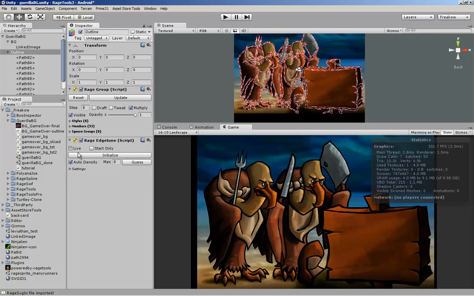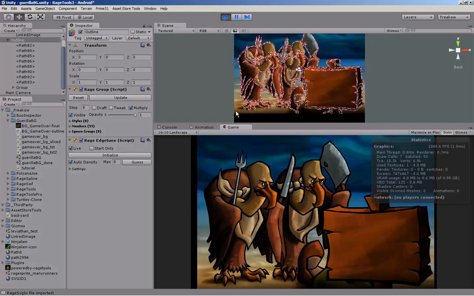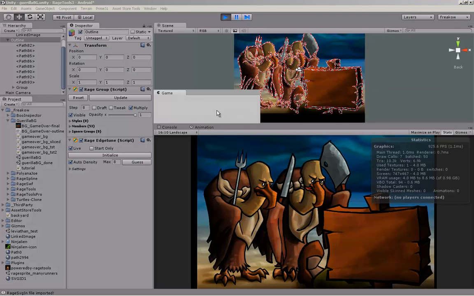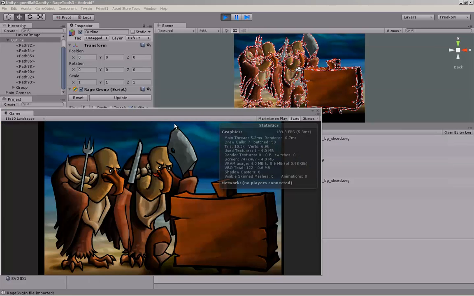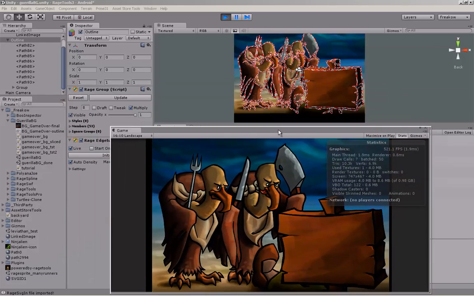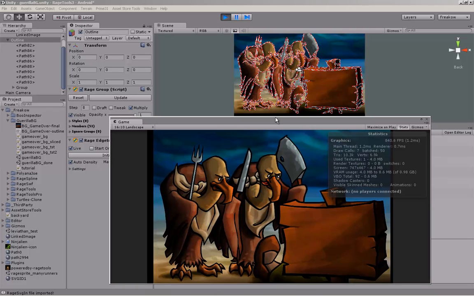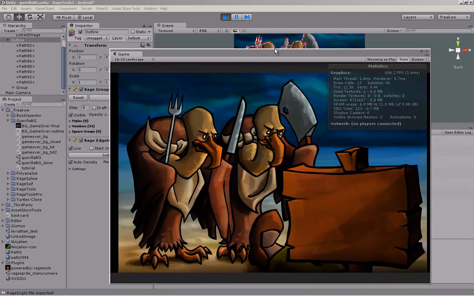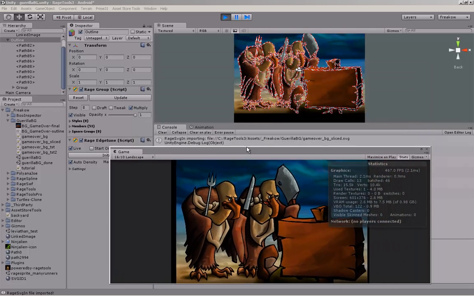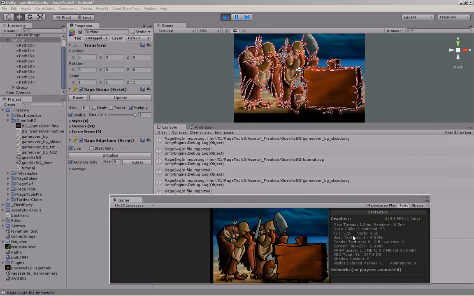Just click live, and then I just split the game window here. Okay, so it's easier for you to see that as I increase the size of the final viewport, the amount of triangles increase accordingly. If I reduce it, you can see that it also reduces as well. Okay, so in practice, if you're on a slower device like an iPhone 3GS, you're going to have less triangles,